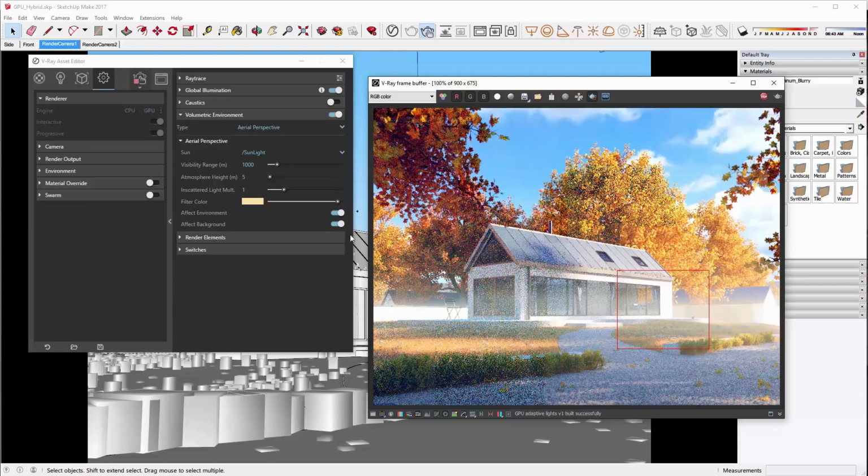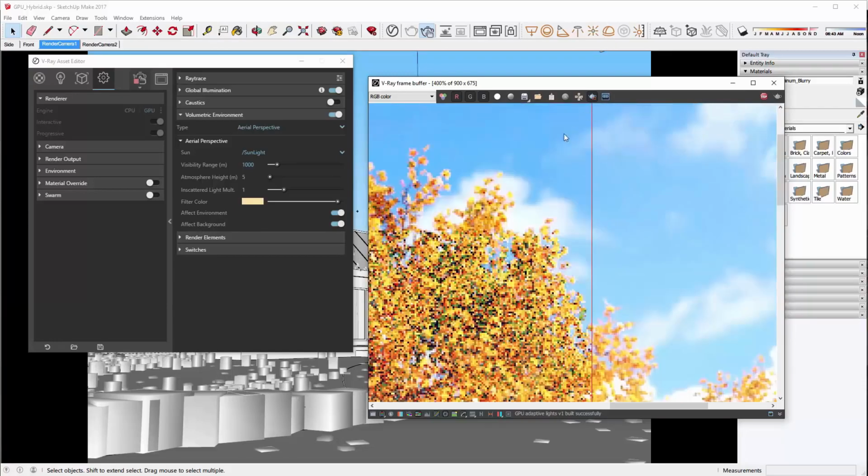And the reason why the fog looks a little bit yellowish is because of the filter color, and you can choose basically any color that you like. We also have different options for affecting the environment and the background. Right now, the background is affected, and you can see the difference. And if I turn it off, you're going to see a change here.